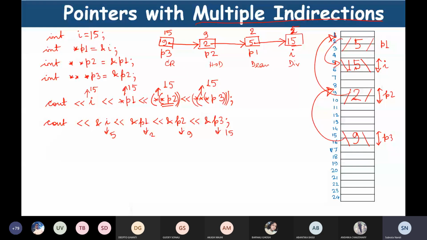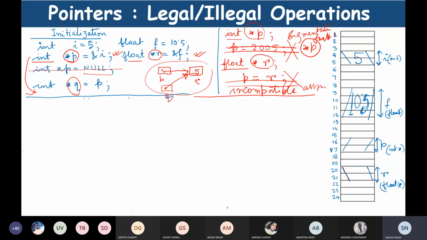Okay, so the idea is, from P3 you go to P2, take the contents, then go to that particular location, get the location address, and go to that location, and then you do this. So that is what indirection means. Okay,